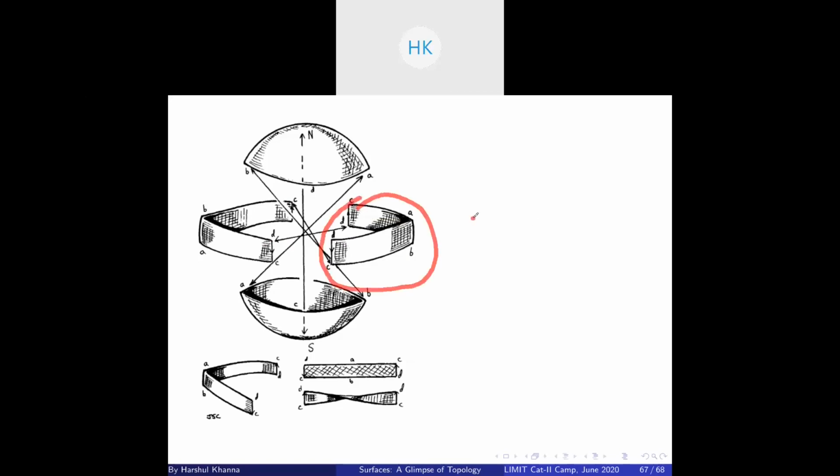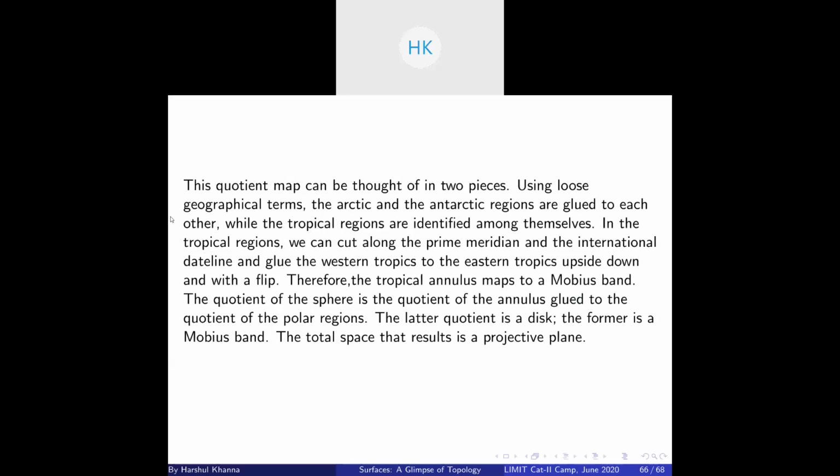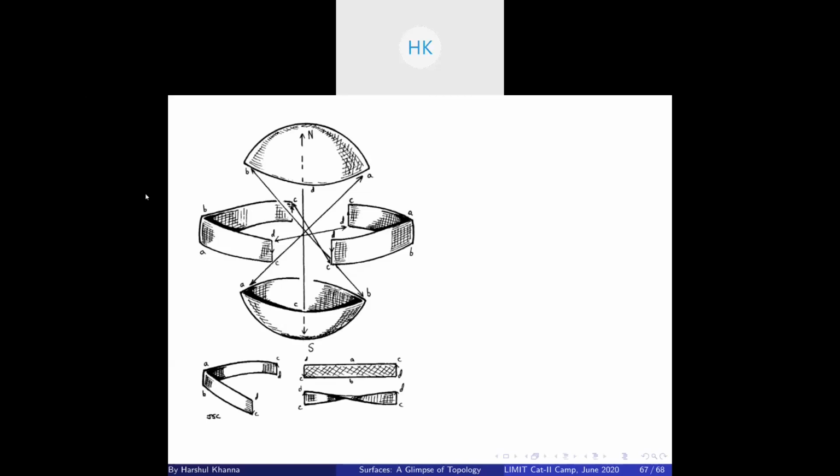Take this strip, and how do I say this? Wait a second. Let me see how I wrote it earlier. Yeah, so basically, flip it upside down, right? Give it an upside down flip. So now this tropical strip will be equal to, let's say, this is a bad diagram, whatever. When you flip it upside down, this point will come here, right? And so both of these will be opposite to each other.